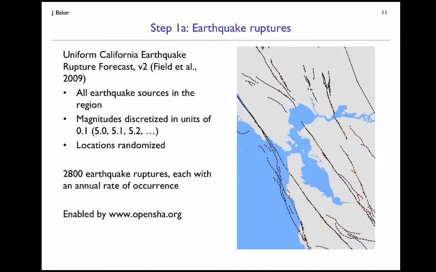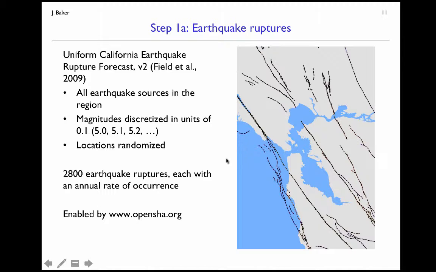And then the locations on those faults are also going to be variable, and so those are randomized. When we discretize that full set of scenarios, we end up with 2,800 possible earthquake rupture scenarios in this case, and each of those has an annual rate of occurrence as well. So some of these events are going to be more likely than others. And then when we have that full suite of scenarios with each having an annual rate of occurrence, we can propagate those annual rates through to the impacts, and that'll facilitate cost-benefit decision making. It's not just going to be impacts conditional on a scenario, but we can compute things like annual impacts or the annual likelihood of exceeding some level of impact.